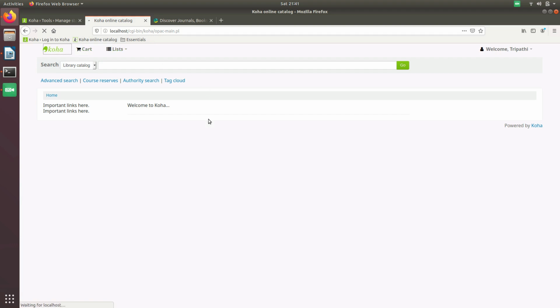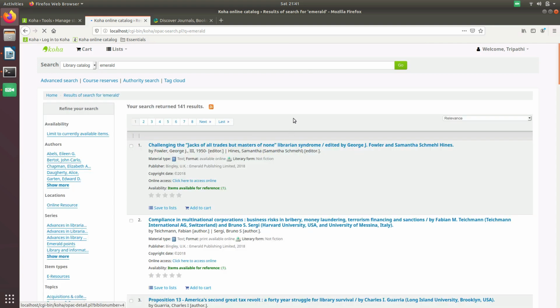Let's open the online public access catalog, and here I type, for example, Emerald. Let me search with Emerald, and I click on go. If it finds a record with Emerald anywhere in it, it will show the output in the list.